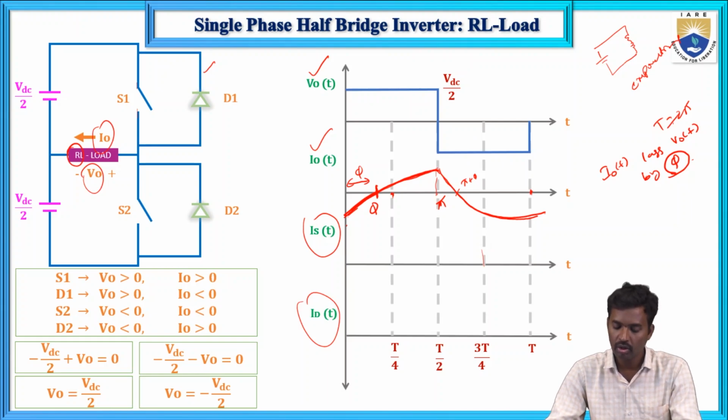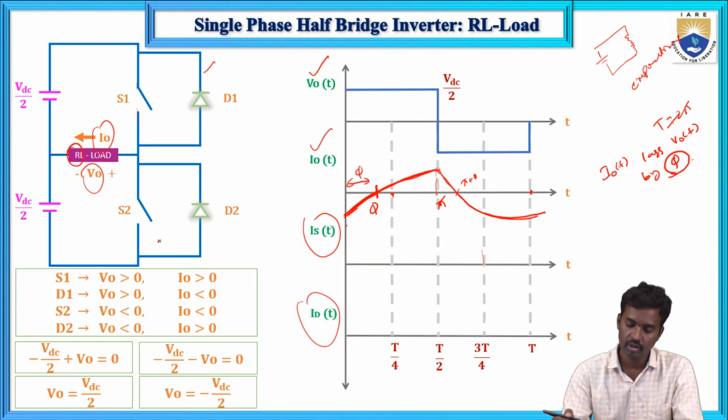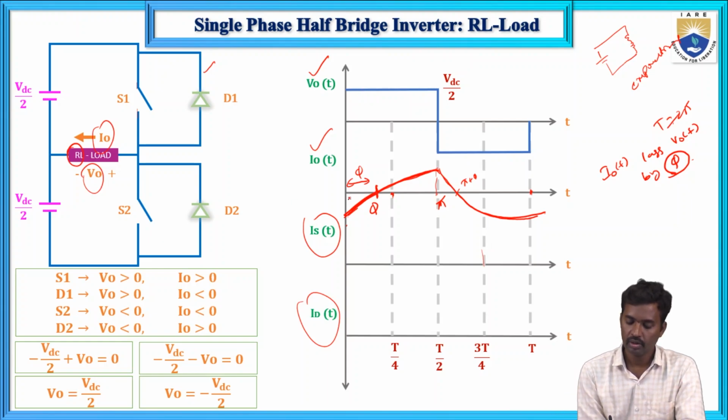So now here, in which duration will D1 conduct, in which duration will T1 conduct, S1 will conduct, and in which duration S2 and D2 will conduct, that I will explain. So now here during 0 to pi, which switch will conduct. So in 0 to pi, current is negative and voltage is positive. So current is negative, voltage is positive means for this 0 to pi duration,